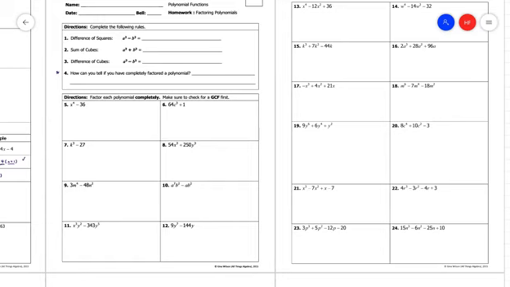So on these, what I want you to do is pick either evens or odds. So for 5 and on, pick evens or odds, but you have to stick with either one. So if you choose to do number 5, then you have to do all the odds. If you choose to do number 6, you have to do all the evens, but you can't flip-flop back and forth. You have to pick either evens or odds. So either you're doing the left side or the right side, but you're not going to do both. You do have to do 1 through 4, just because that's writing in your rules, and just so you have them all in one